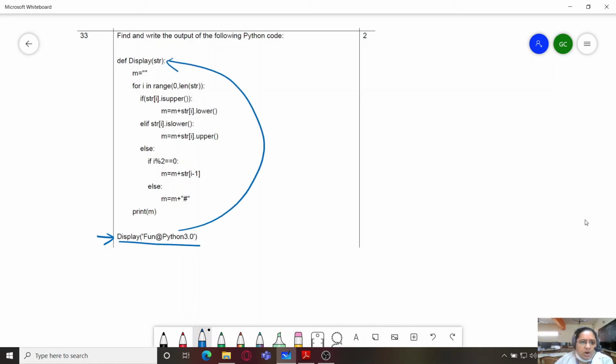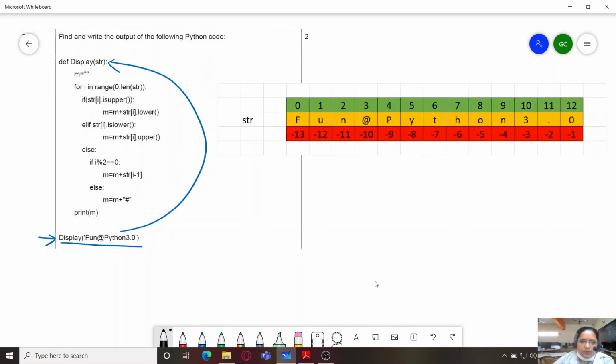The argument, the parameter over here is str, which consists of this string, that is fun@python 3.0. So you can see over here that we have str, which is the string.